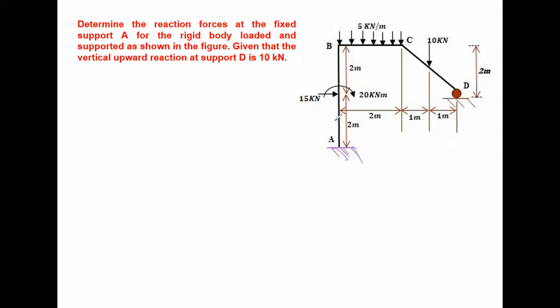Okay. And here the link AB is subjected to a horizontal rightward force of 15 kilonewton, and a moment is also acting at this point, having magnitude 20 kilonewton meter, right? And this BC link is loaded with the uniformly distributed load of 5 kilonewton per meter over its full span. And this CD link is subjected to only one load, that is 10 kilonewton load, and it is acting in the middle of this CD link. Okay, so this is the situation.